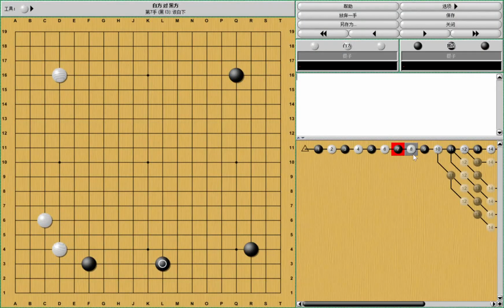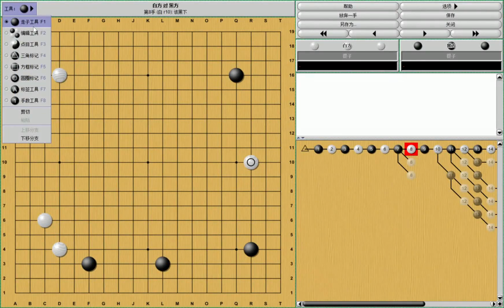So now, usually white will make this move to divide black's module, and if not, maybe white can make this corner approach, or he can make this move. And in the opening, we usually say that every move is okay. So usually black has three choices right now, more than three, and we are going to explain them one